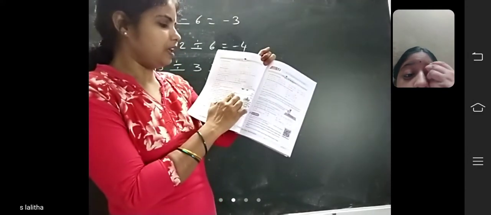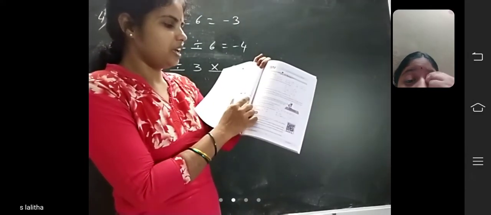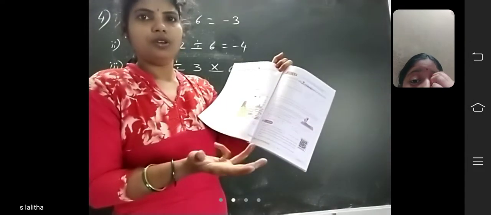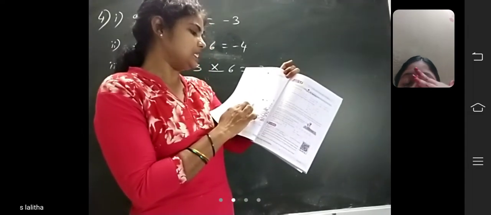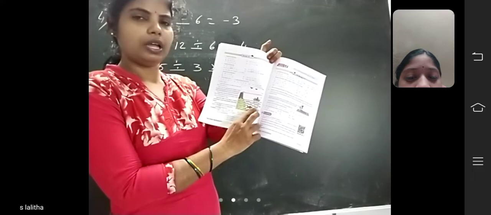Okay. So how can we represent the height of the temple using an integer? Height of the temple. How can we represent it? Is any number given here? No, we don't know. Okay. How can we represent the depth of the fish from the sea level using an integer? Depth of the fish here. How can we say? We don't know.